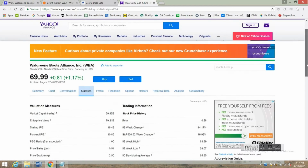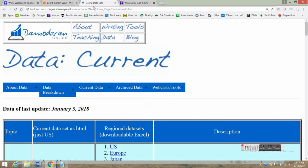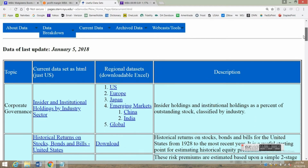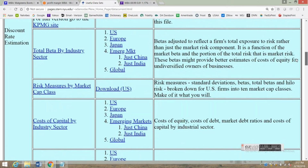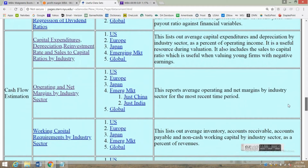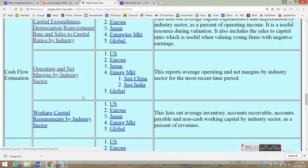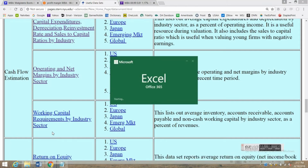Then another place I like to look is Dr. Damodaran from New York University, who has a website where he keeps a lot of spreadsheets on different values as they relate to the overall industry. If you scroll down to the bottom here, you will see a section on net margins by industry, and I'm going to look at the one for United States companies, which is broken up by industry. And if I scroll down to retail